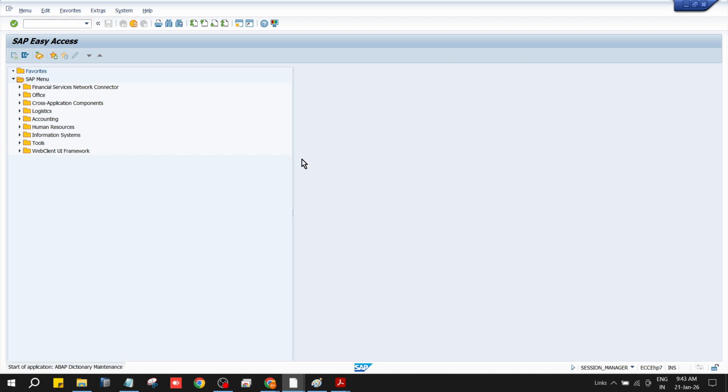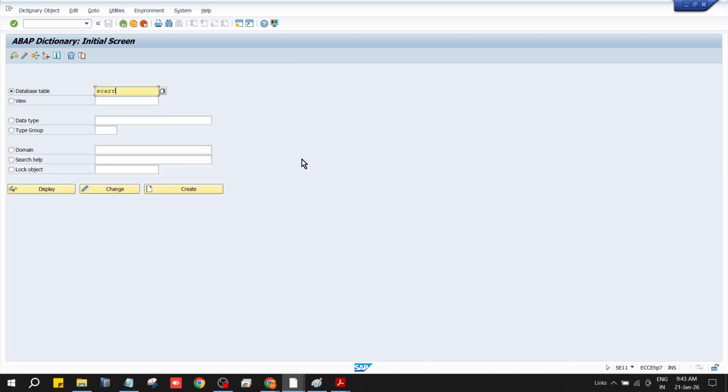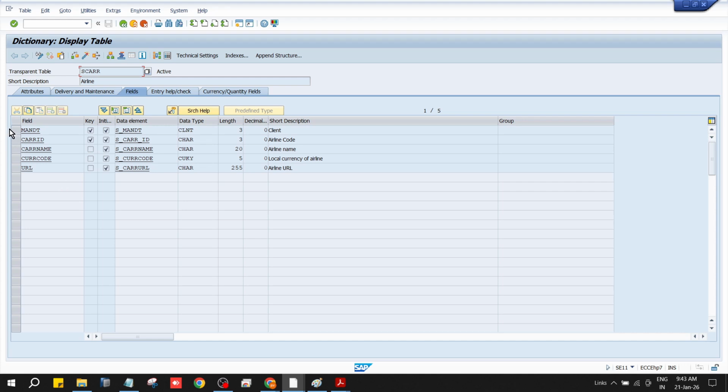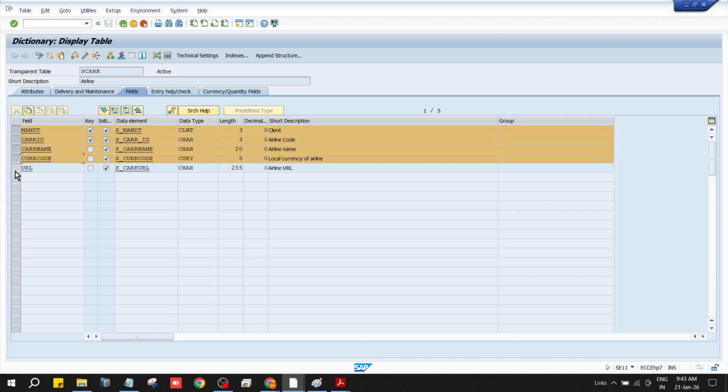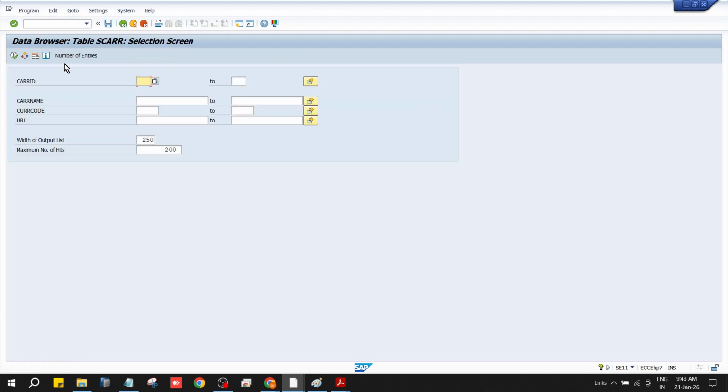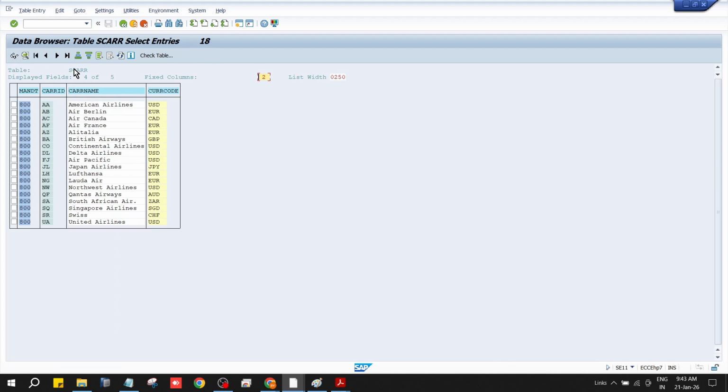So if you go to SE11, SCARR, this is a flight table. This holds a small table: MANDT, CARRID, CARRNAME, CURRCODE, URL. So this is holding this type of details. If you look at AA, American Airlines, US dollars; AB, Air Berlin, euros; Air Canada, Air France,